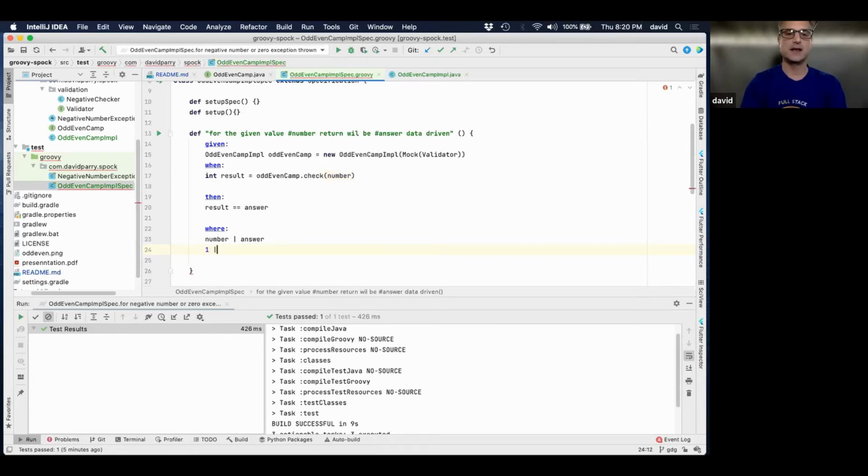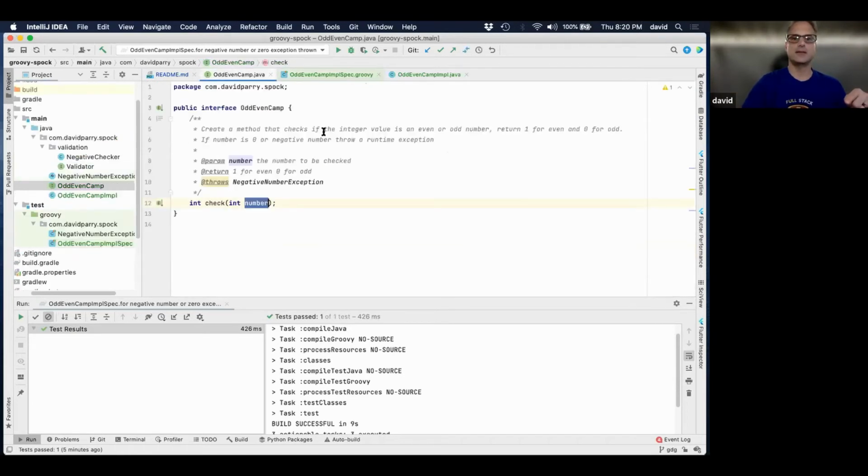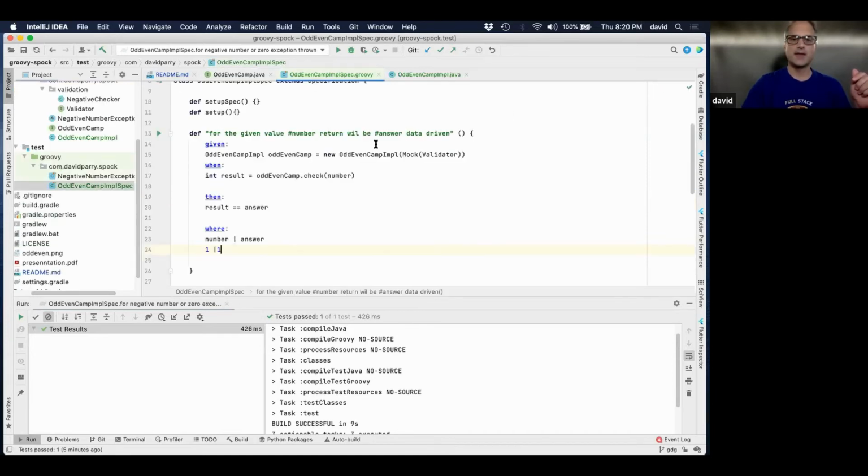I'm expecting what? A 1, correct? Because if we give in an odd number, we're supposed to receive a 1. Everyone agree to that? So if the value is even or odd, return 1 for even and 0 for odd. So I might have that bad. Isn't that correct?